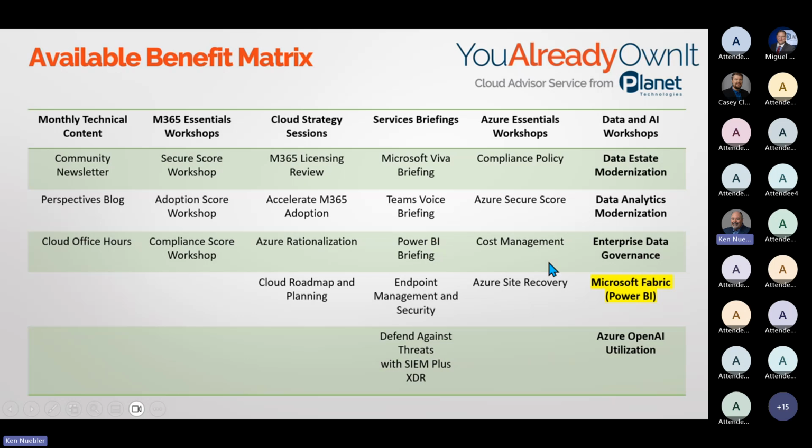Enterprise data governance, we start exploring Azure Purview and cataloging your data. Next up, we talk about the Microsoft Fabric and Power BI workshop. It covers a lot about what we discovered today. If you're interested in a follow-up on this conversation, please reach out to us. And then finally, Azure OpenAI utilization. If you're thinking about doing anything with Azure OpenAI, reach out to us.